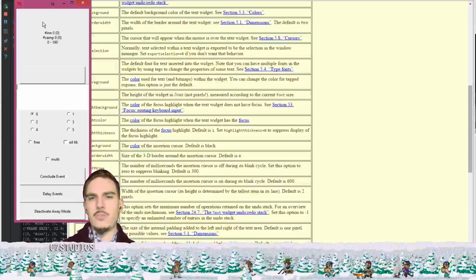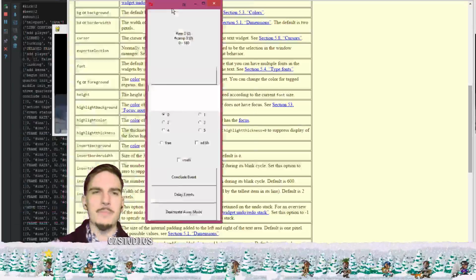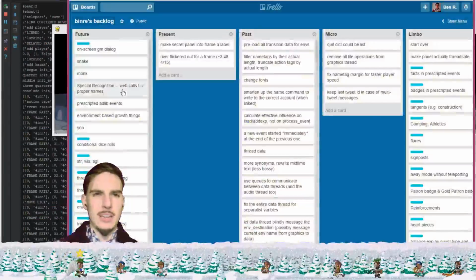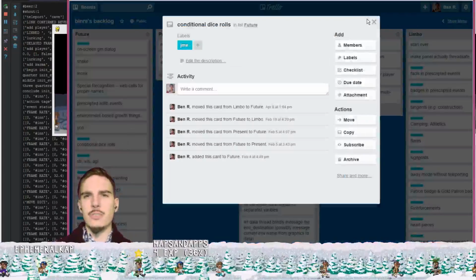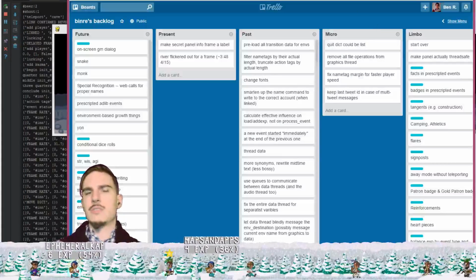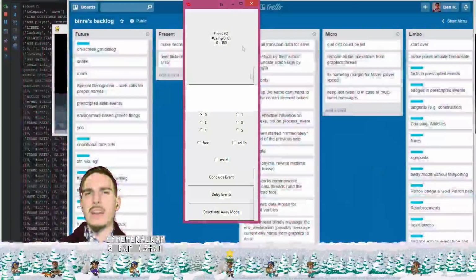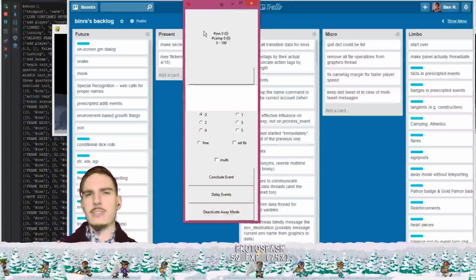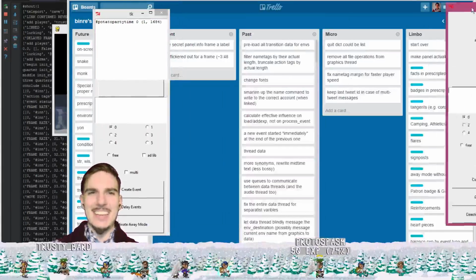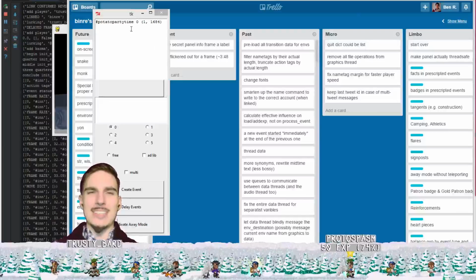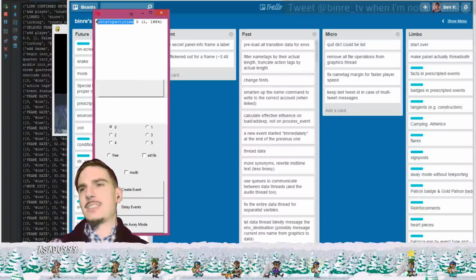Okay. I wasn't planning on refactoring voices right now, but one of the things I have on my backlog is conditional dice rolls. Conditional dice rolls. So the way it works now, there's an event in progress right now. Or here, I'll use this as an example instead, because as we see in the voices data here, potato party time is what people are talking about. So if I say in chat